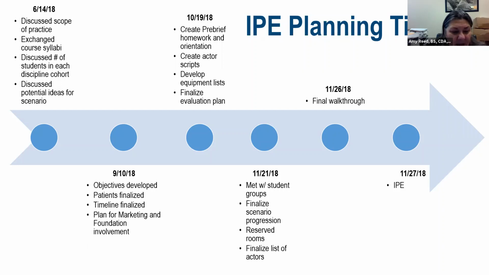And so we had to figure out, well, how many nursing students do we have? How many dental assisting students do we have? How many EMS students did we have? And we had more nursing and dental assisting students than we had EMS students. So we did a morning session for half of the dental assisting students and half of the nursing students, and then an afternoon session for the other half of dental assisting and nursing and EMS. People went through it twice, so they got to be reassigned to different cases.